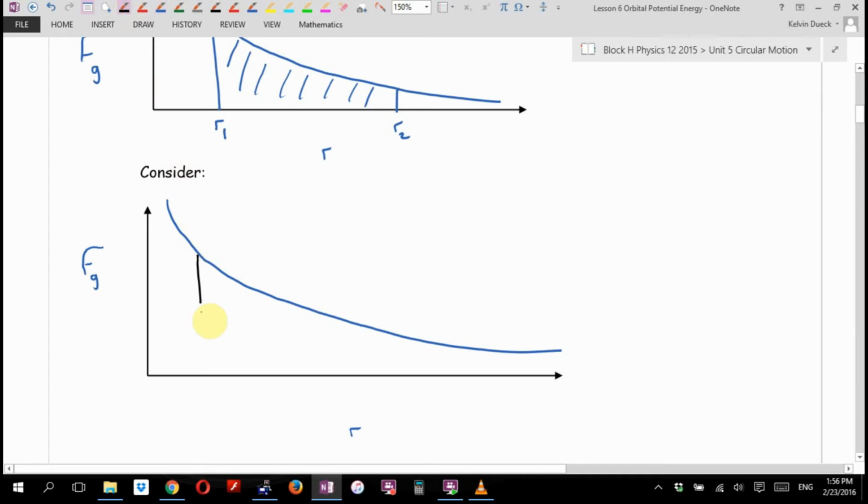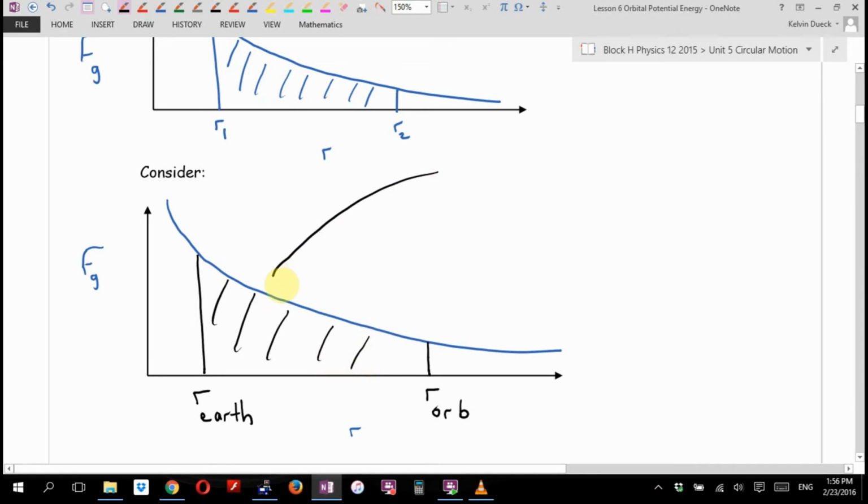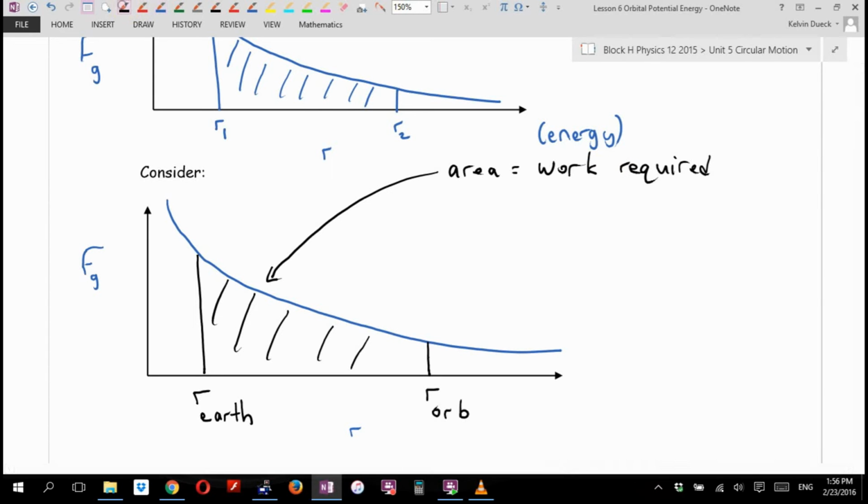Let's put a line right here, and let's call this R Earth. And let's call this R Orb, the orbital radius that we want to reach. This area is the work required. And remember, work, really, you can think energy or fuel required